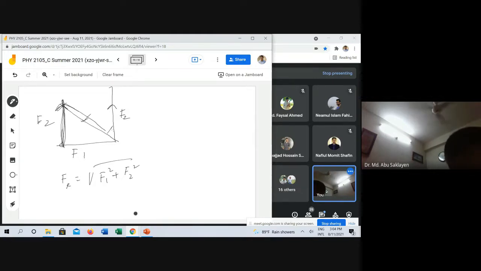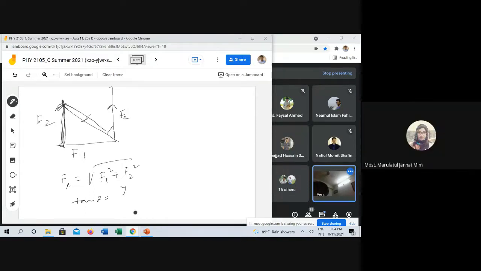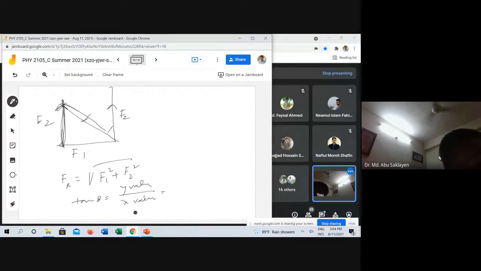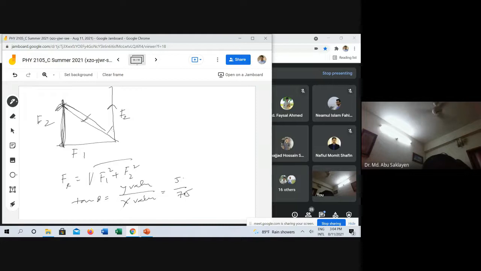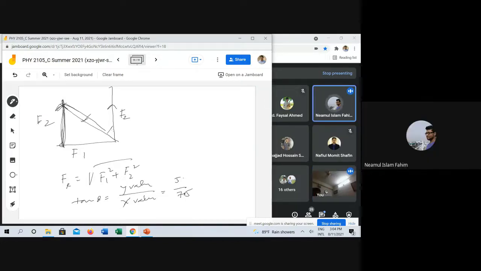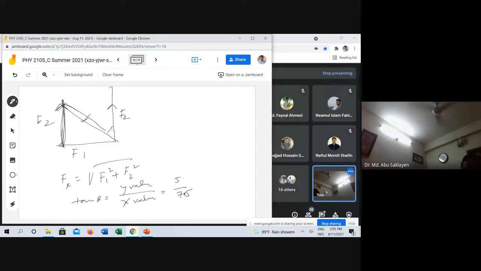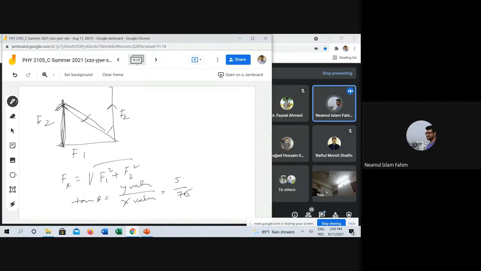তাহলে ডিরেকশনটা কিভাবে পাবো? আমরা জানি tan থিটা ইকুয়াল টু y ভ্যালু ডিভাইডেড বাই x ভ্যালু। y ভ্যালুটা কি ছিল আমাদের? y ভ্যালু 5, আর এটা ছিল 7.5, তাই না? স্যার, একটা 5 into 10 to the power minus 7 আর একটা 7.5 into 10 to the power minus 7, মানে ক্যান্সেল হয়ে যাবে না? 10 to the power minus 7 উপর নিচ থেকে ক্যান্সেল হয়ে যাবে, শুধু থাকে 5 ডিভাইড বাই 7.5। তার মানে তুমি এখন অ্যাঙ্গেলটা পাচ্ছো। থিটা ইজ ইকুয়াল টু tan ইনভার্স 5 ডিভাইড বাই 7.5, আসে 33.69।